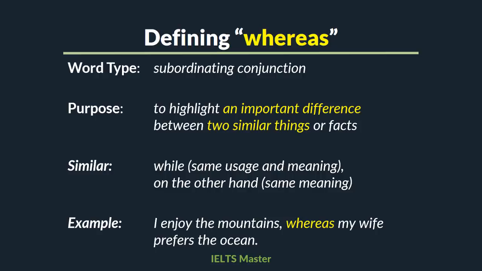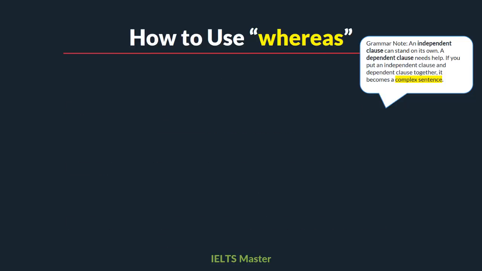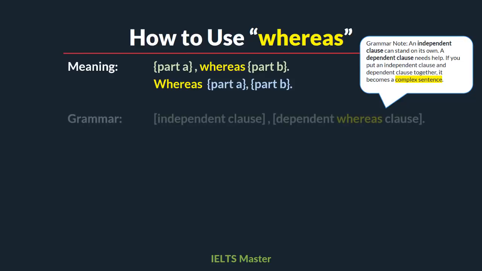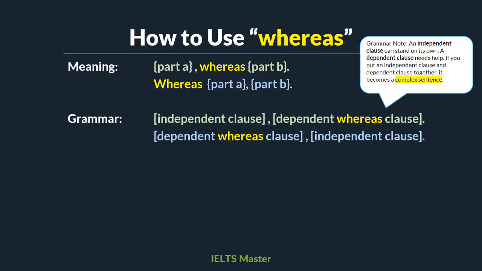Let's go on next onto how to use whereas. So, how to use whereas. We'll come back to the grammar note in just a moment, but first we have the meaning. We have part A, so this is the first part, and then comma, whereas, and then part B. Also, we can do whereas part A, comma, part B. And in terms of grammar, we have an independent clause and then a comma, and then the dependent whereas clause. And also, the other way of doing it is dependent whereas clause and then a comma and then an independent